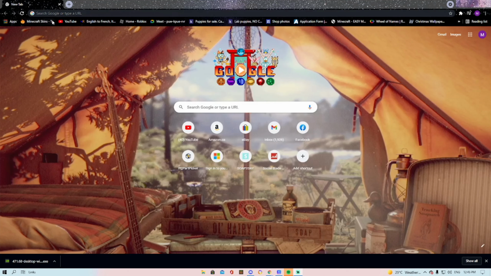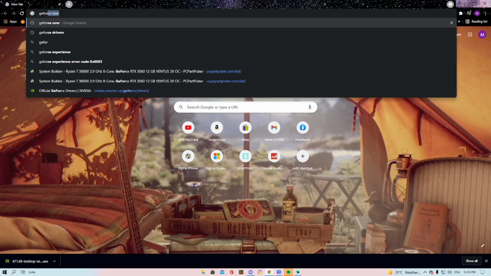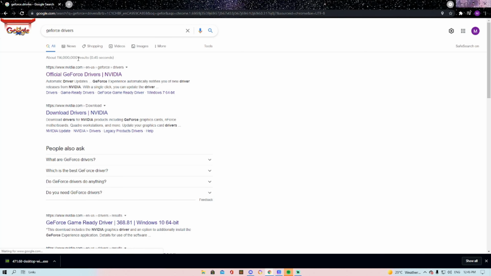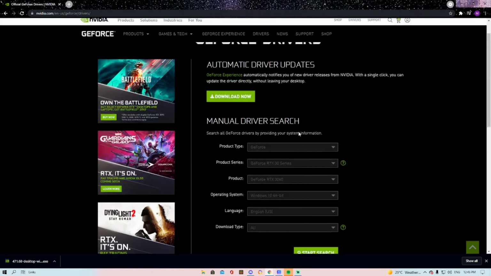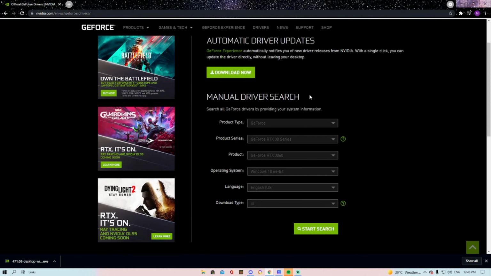Alright, so the first thing you want to do is open up your browser of choice, so mine's Google Chrome. Next, what you want to do is look up GeForce drivers, and then it'll show here this first link here. Click on this one. It'll take you to this page here. Now, you can do automatic driver updates if you want, but we're going to show you the way to do